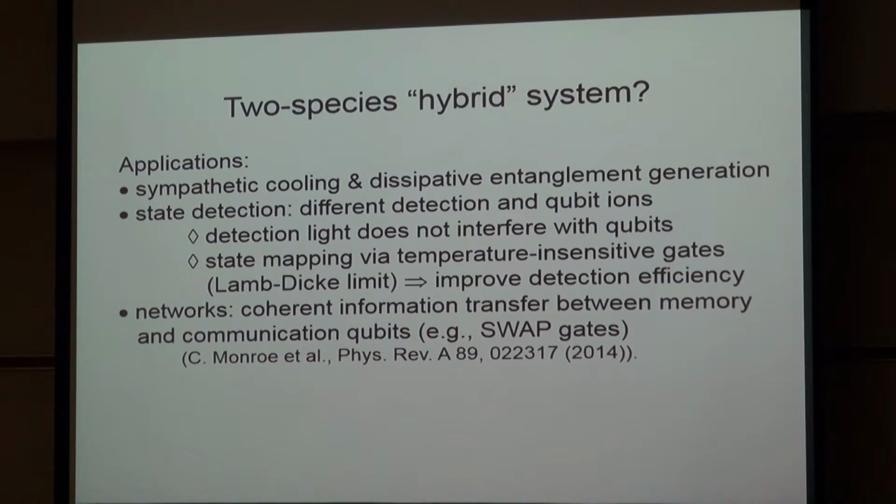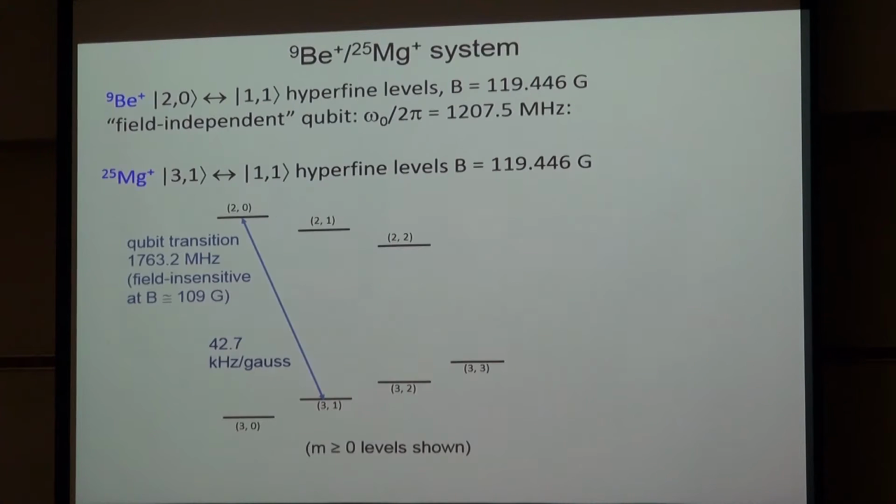Chris and company, they've been thinking about these quantum networks, and so the basic idea there is that maybe you could have one ion that's good for memory. I think they have plans now to use ytterbium as their memory qubit, and then transfer the information to an ion like barium, which they can couple then optically to different locations. And so this transferring of information might be useful in that scheme as well. In any case, what we...